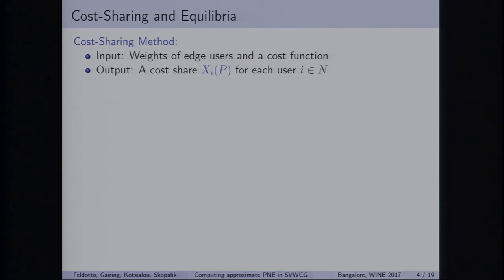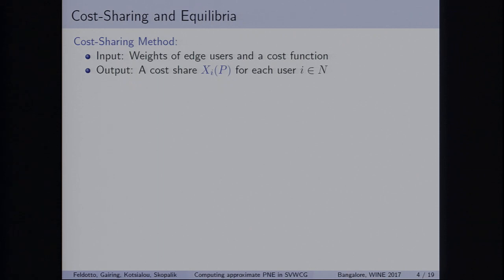So this is determined by the cost sharing method that we will use. So in general, a cost sharing method takes as an input the weights of the users and a cost function, and gives as an output a cost share for each player i. In our paper, we denote the cost share of each player by ξi(p), where p